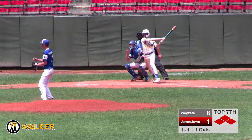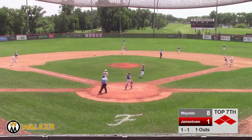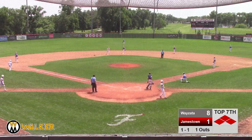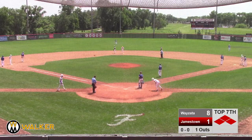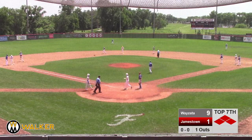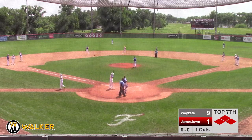As Joe Trumbauer from the stretch, and that is poked into right. Wonder if he could get the out at first, and he throws it all the way home. Single, RBI single for Abler, and that will bring up number 22,